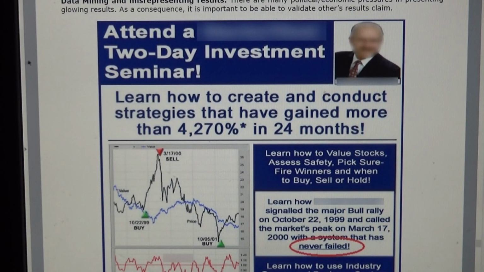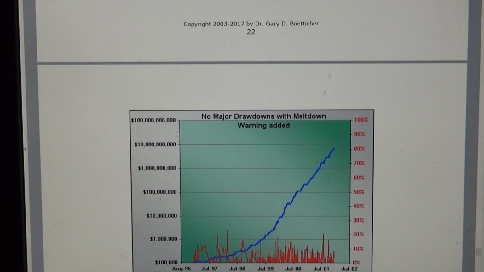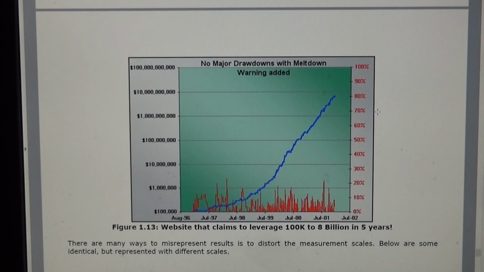So caveat emptor, let the buyer beware. And another example, a friend of mine in Dallas had a model that went from $100,000 to $8 billion in 5 years. Now that is extremely unrealistic, because